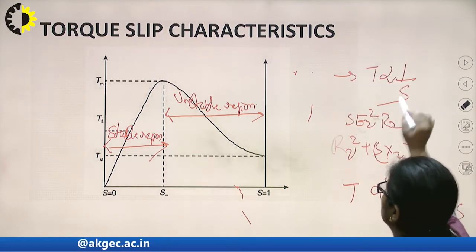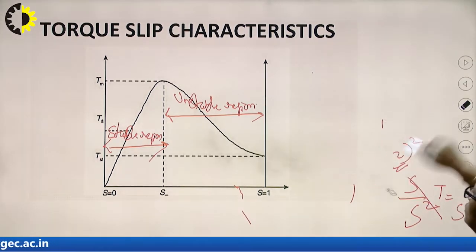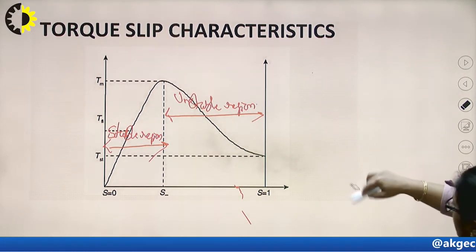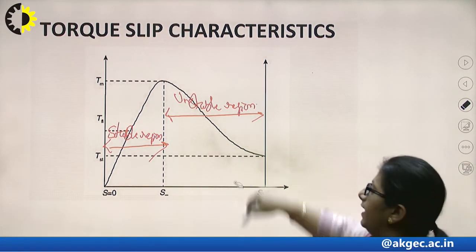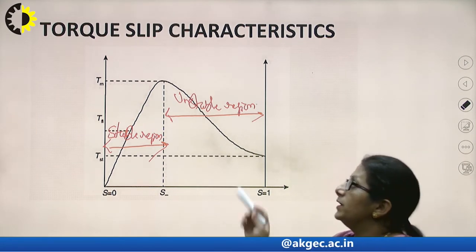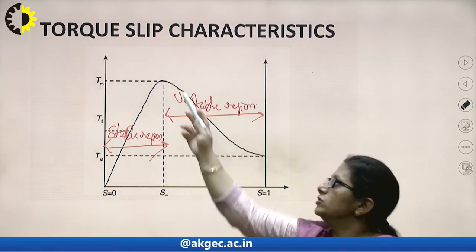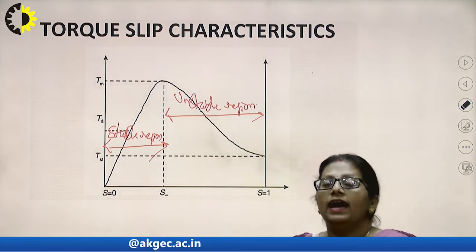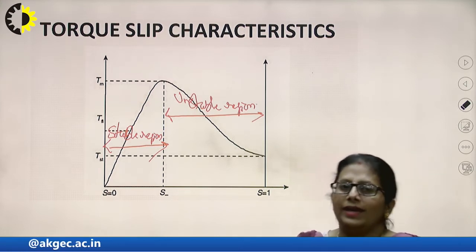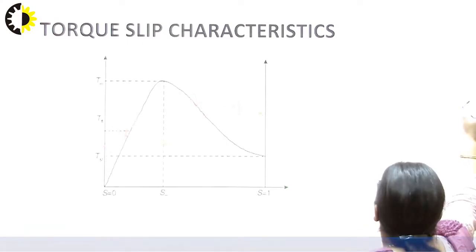High slip region. So what we have seen in the high slip region is that the torque would be inversely proportional to the slip. Okay, fine. Now, if the motor is operating in the high slip region, that is, the operating point of the induction motor is somewhere in the unstable region or in the high slip region, at that instant, what is going to happen? Now, if we are varying the load, if the load is being increased,